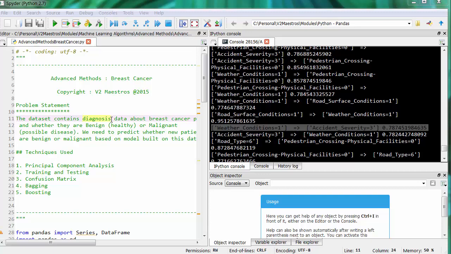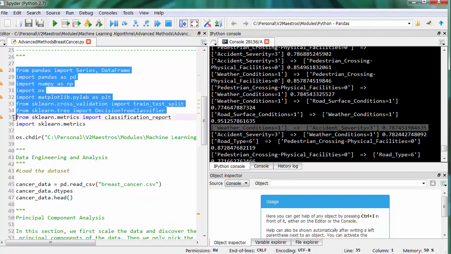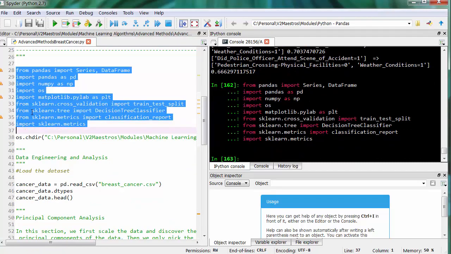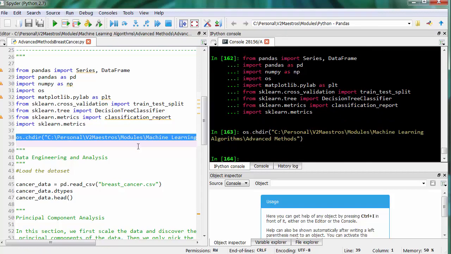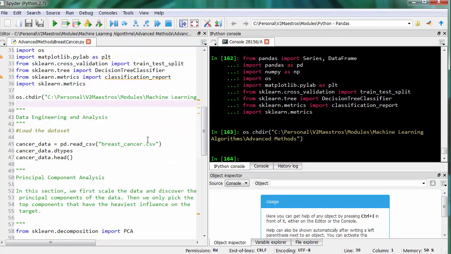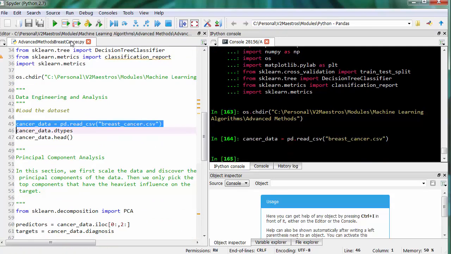And we are going to be using this information to build a predictive model where we can just look at the observation about the patients and try to predict if they will have breast cancer or not. So we're going to be starting off once again by doing the usual steps of loading up all the libraries. Then we're going to be changing directory to this machine learning directory. And the data set is going to be what we call the breastcancer.csv data set available in your resource bundle.